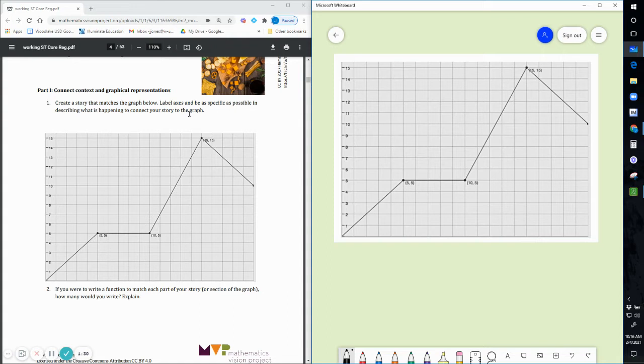So what does it mean whenever it says label your axes? Hopefully you already know this is your x-axis over here, and this is your y-axis, right? If I can write here, let's fix that y. There we go. But that is not what it means. It means tell me what your axes represent. Right? So right off the bat, just to kind of give you an idea of how to get started, one of the easiest things,